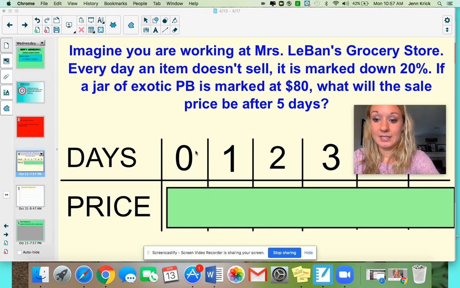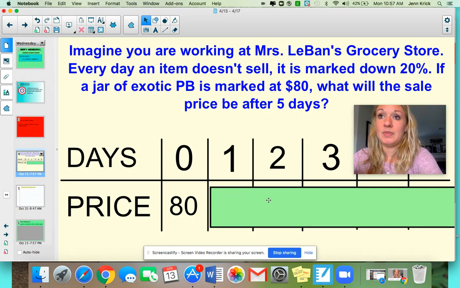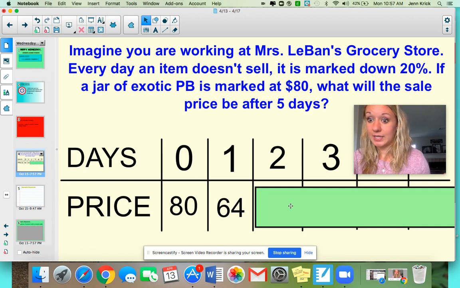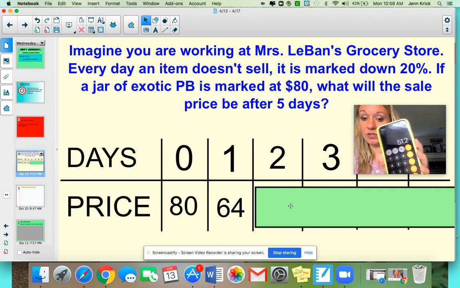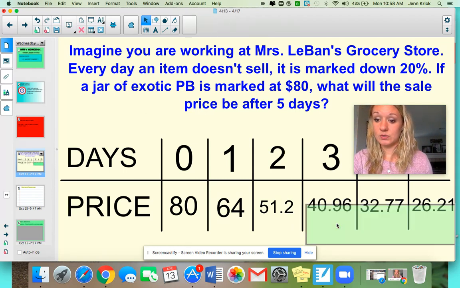So on day 0, we know the price is $80. That's what it starts with. Now, if it's being marked down 20%, that's the same thing as paying 80% for it. So if I was using my calculator, and let's just say I'm using my phone, I would do $80 times 0.8 because we're paying for 80% of it, and my price would be $64. Then another day goes by and nobody buys it. So again, I'm going to multiply it by 0.8 because we're still paying for 80% of it. And now it's $51.20. As you can see going through here, the price goes down and down until we get to